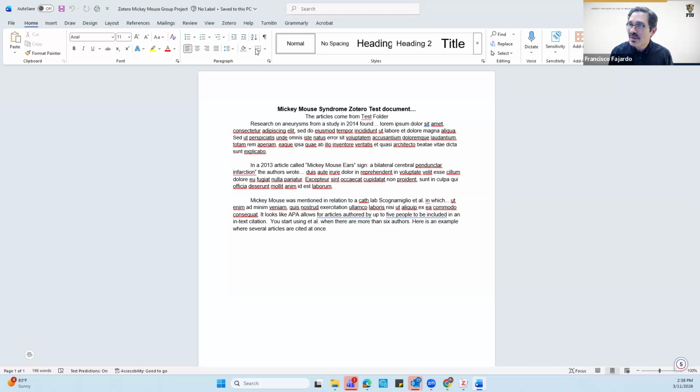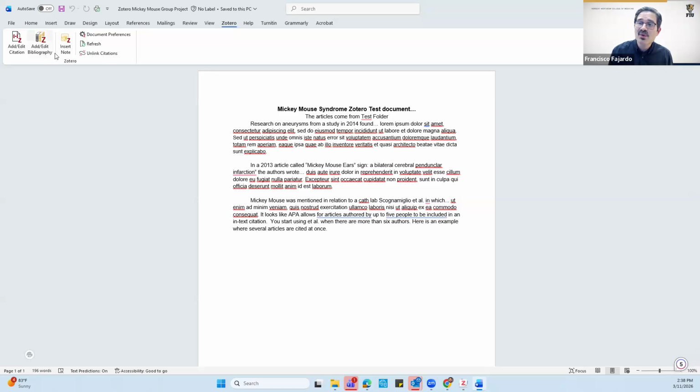Here, let me point out, because you've installed that software on your desktop, and if you also have Office, it's going to install on the command ribbon, which you see up on the top, right? So making sure Zotero's there. This is what it's going to look like in the command ribbon. I want to place the cursor where I want to put that reference in. Go ahead and click on Add Edit Citation,